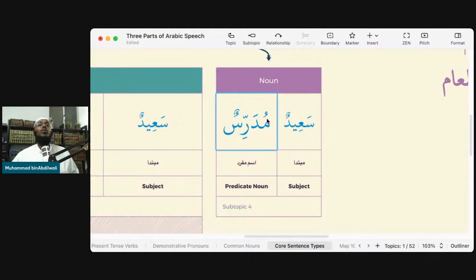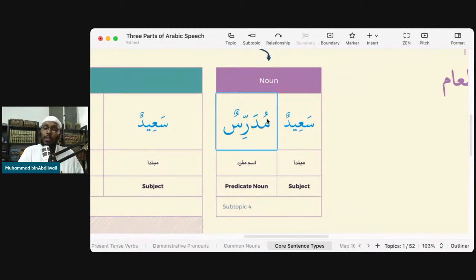Let's take the noun mudarris, for example. Now, of course, sometimes it might not make sense linguistically or semantically. The meaning might not make sense if you don't use the right word. So, for example, if one of your words was al-kalb and then you say mudarris, it's mushkila. So, of course, in terms of meaning, it needs to make sense. But grammatically speaking, even if you were to say al-kalbu mudarrisun, the dog is a teacher, even though probably in terms of meaning that doesn't exist in the real world unless you're watching a cartoon, grammatically, that sentence is correct.